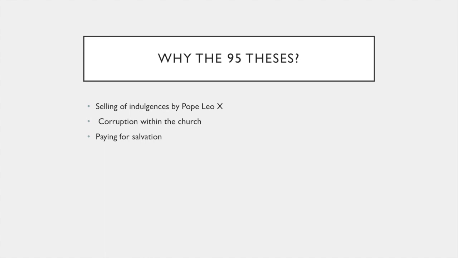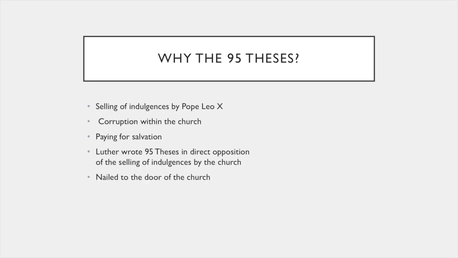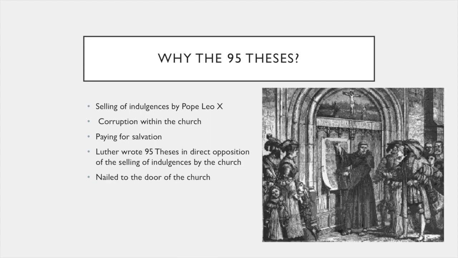This made Luther very angry. He didn't believe that the church or the Pope had the power to grant someone access to heaven for money, and he made sure people knew that. On October 31st, 1517, he nailed a scroll of paper to the door of the University of Wittenberg's chapel. On this paper contained his 95 Theses.